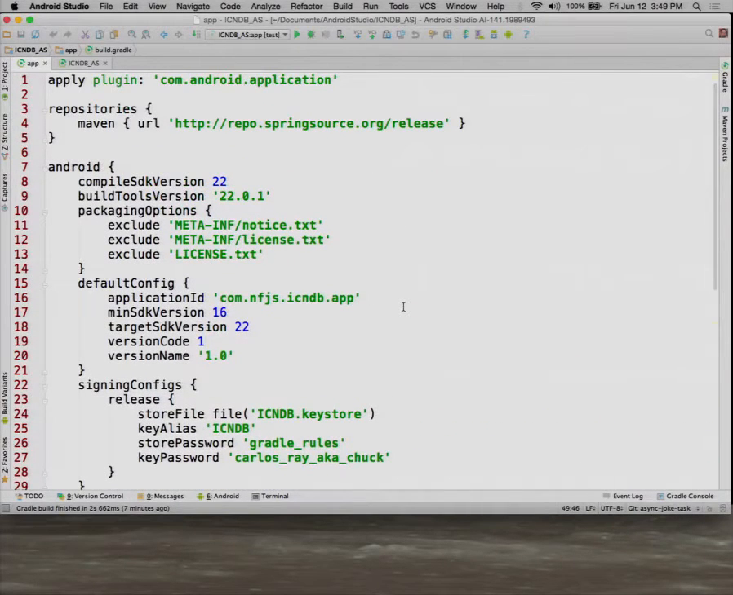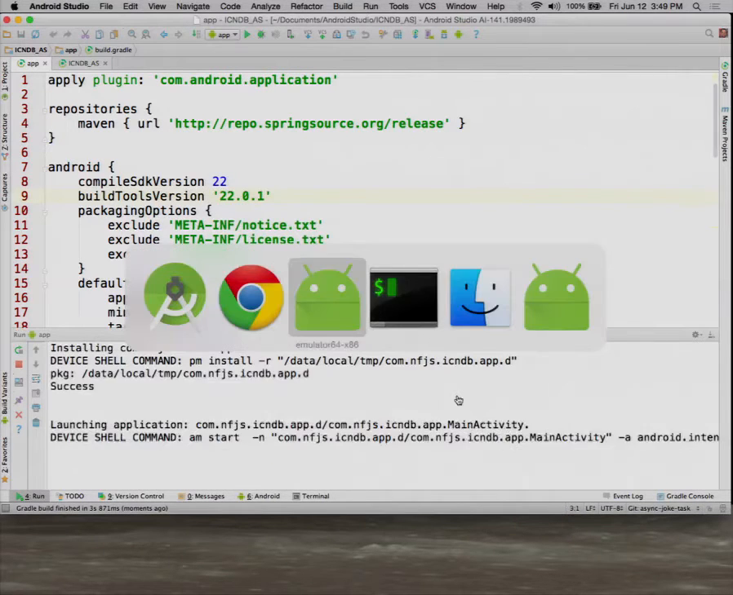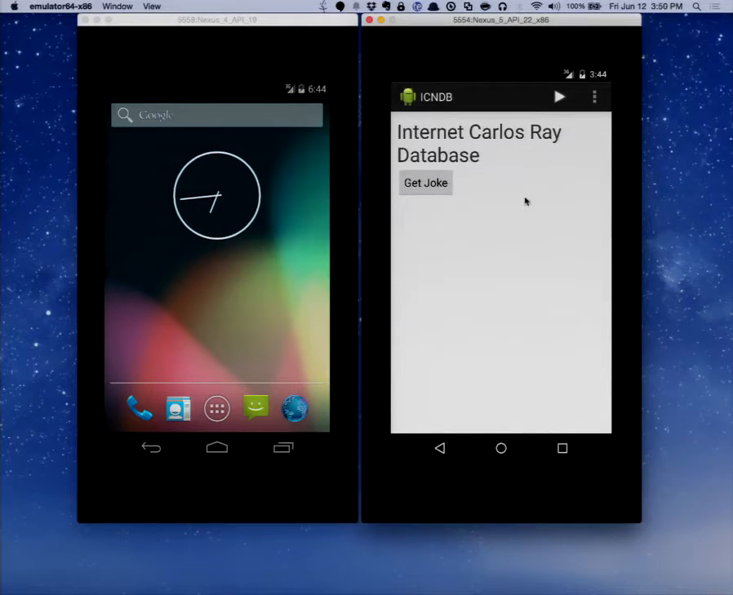Now, if I execute this application here, let me switch this to the app itself, and I will run it. Then it asks for an emulator or a connected device. I have 2 emulators running at the moment for reasons I'll show you in a minute here. And